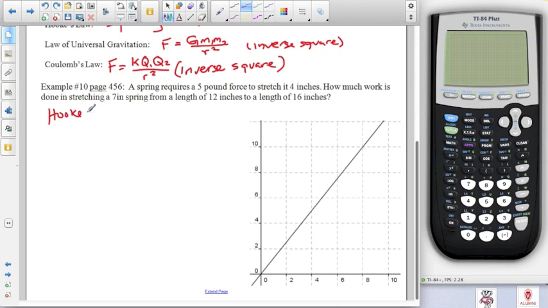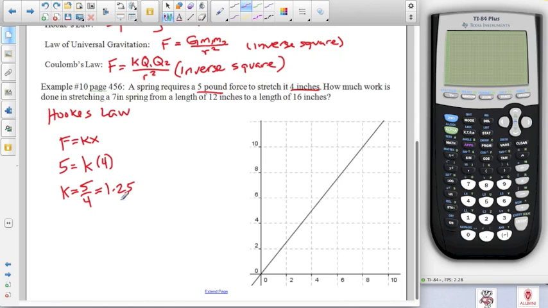And the first thing we need to do with the Hooke's law type problems is to find the constant K. And so we do that with this information we have here. We know we have a spring, and it requires 5 pounds to stretch it 4 inches. So that allows us then to find the value K. So we have a 5-pound force, and it's going to stretch it 4 inches. And so if we solve for K here, K is 5/4, or 1.25. So we know K is 1.25, and